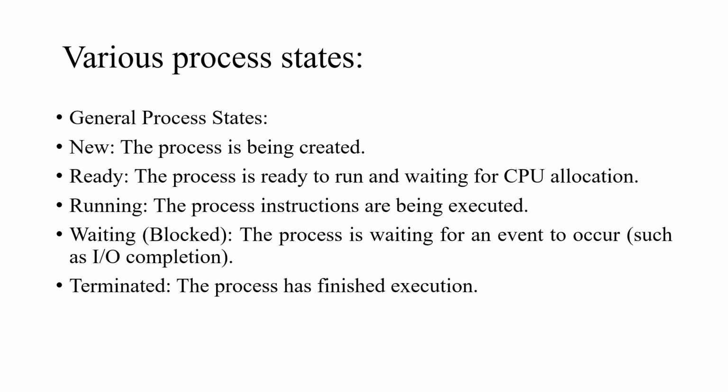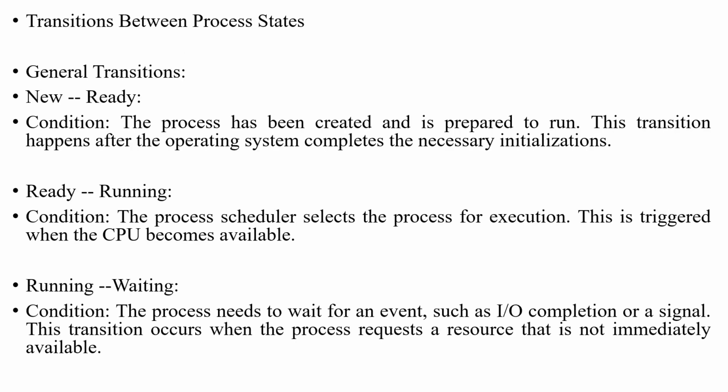to run and waiting for the CPU allocation. Running, the process instructions are being executed. Waiting or blocked, the process is waiting for an event to occur. Terminated, the process has finished execution. So there are different transitions between the process states. So the general